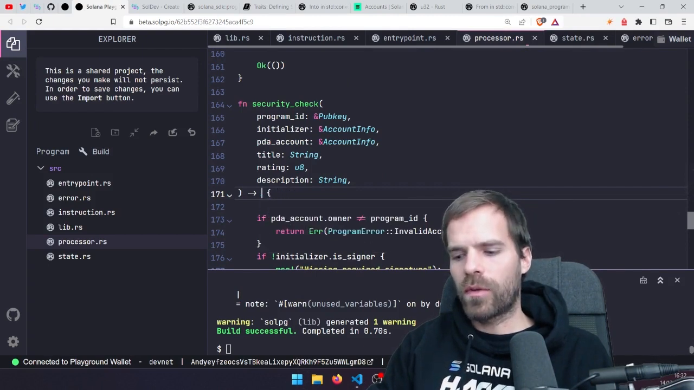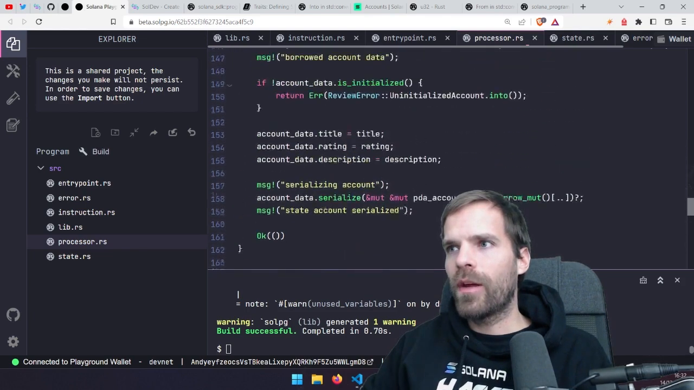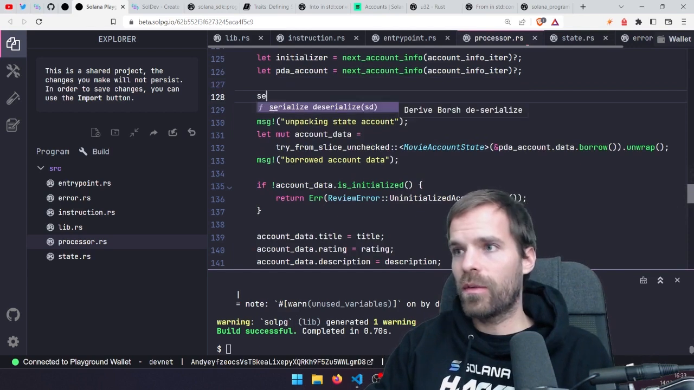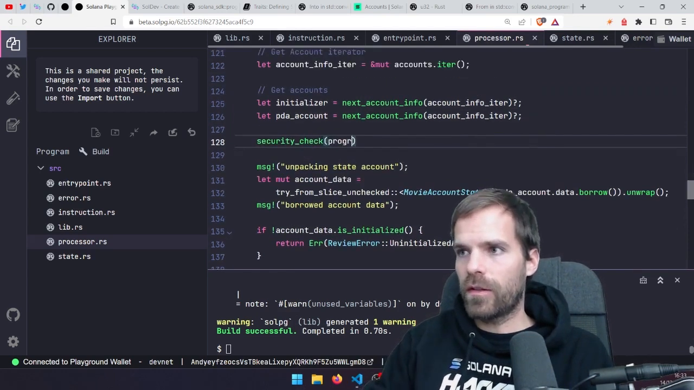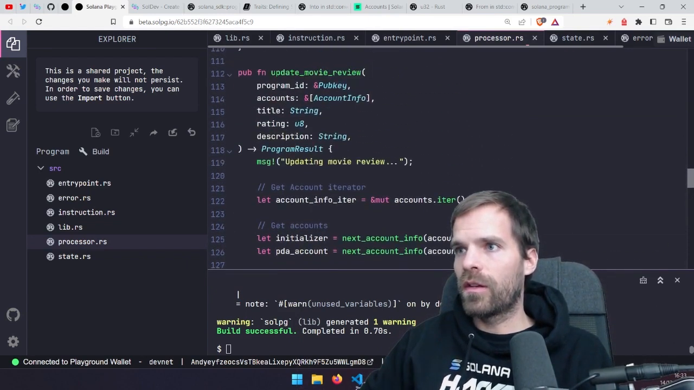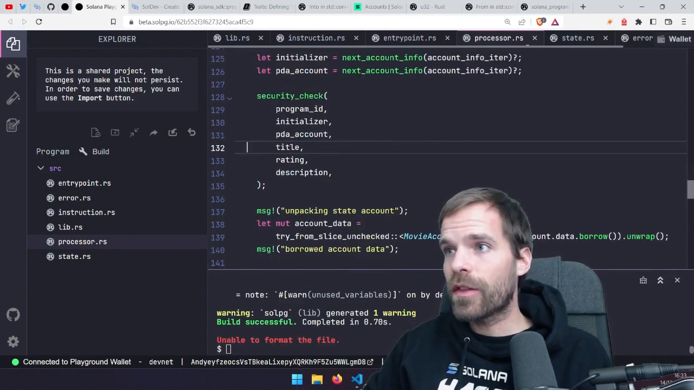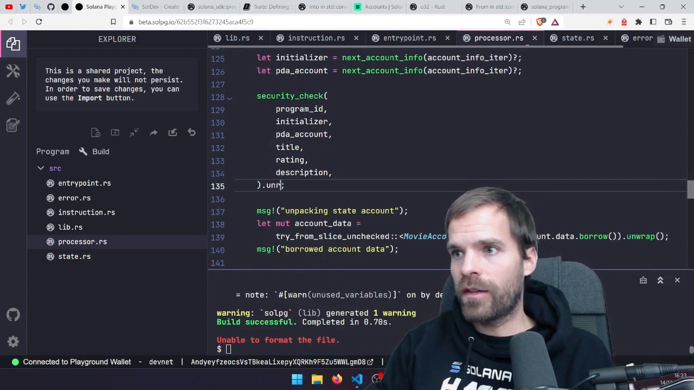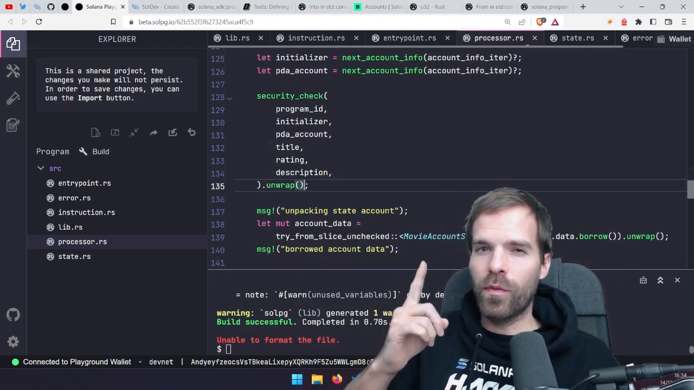I can use a program result, but then the way I want to call it, so those are all the things that we did down there with the security check. That takes the program ID, initializer, PDA account, and then title, rating, description. This thing returns me a program result, and I want to unwrap this because that will then throw me, or